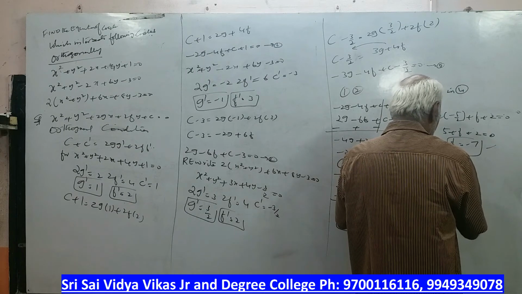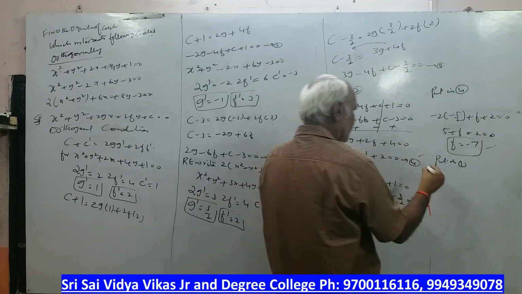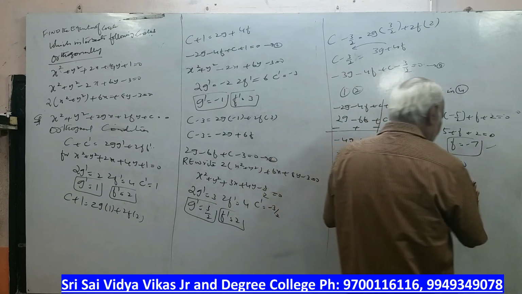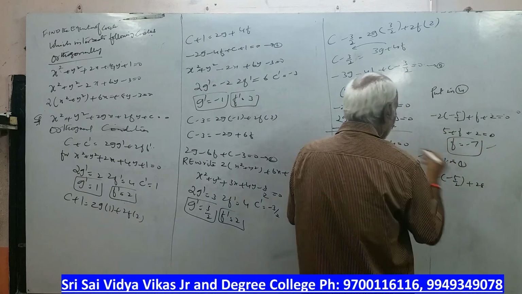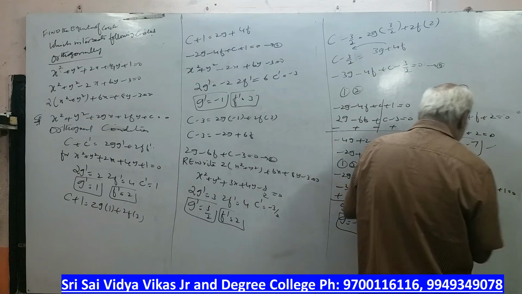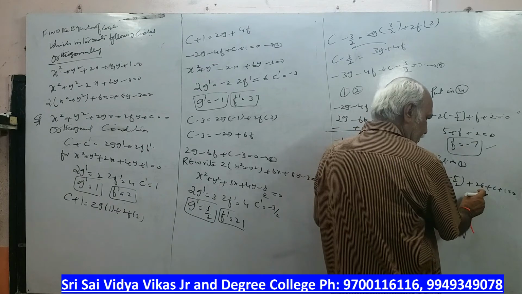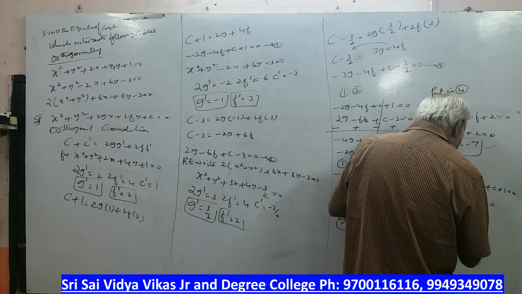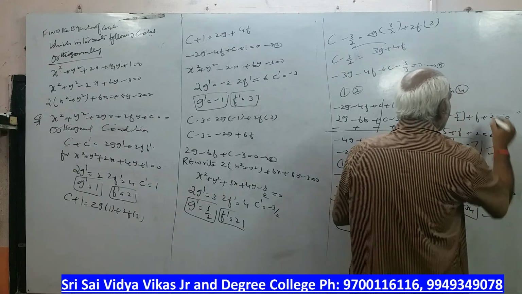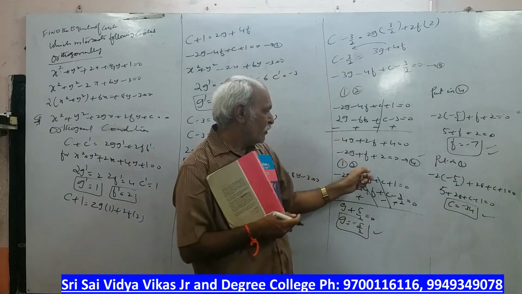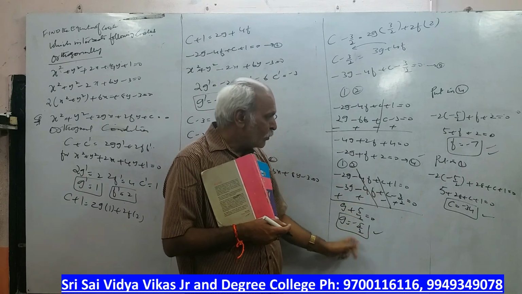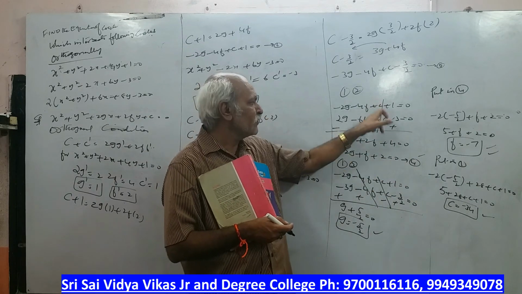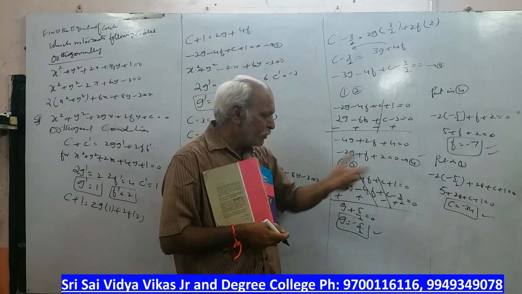Put in 1 now. Now the first equation is this. Minus 2 into g, minus 5 by 2, f value minus 7. So minus of minus will become plus 28, plus c plus 1 is equal to 0. 5, 2 will get cancelled. 5 plus 28 plus c plus 1 is equal to 0, c is equal to minus 34. You got g value, f value. So what happened here? When you solve 1 and 3, directly you get the g value. Put this g value in the fourth equation, then you get the f value. With the f value we get the c value. We can put in the first equation, second equation, any equation. So I am putting in the first equation.